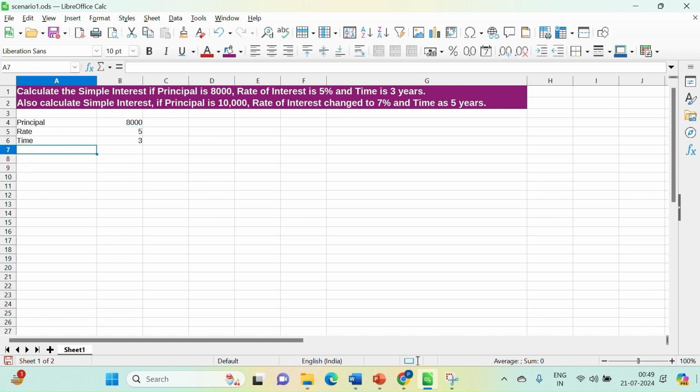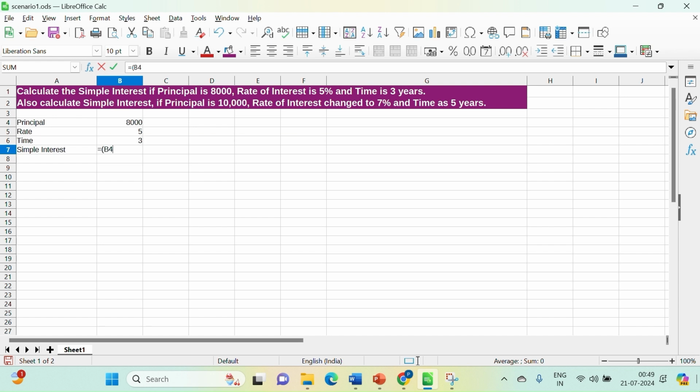So now I'll be calculating and giving the formula for simple interest. Simple interest is calculated as the product of principal, rate and time divided by 100. So we'll be selecting the cell addresses for principal, rate and time respectively, and principal is in B4.